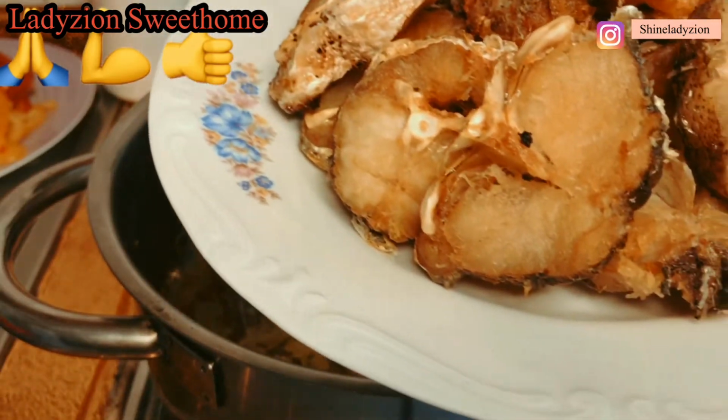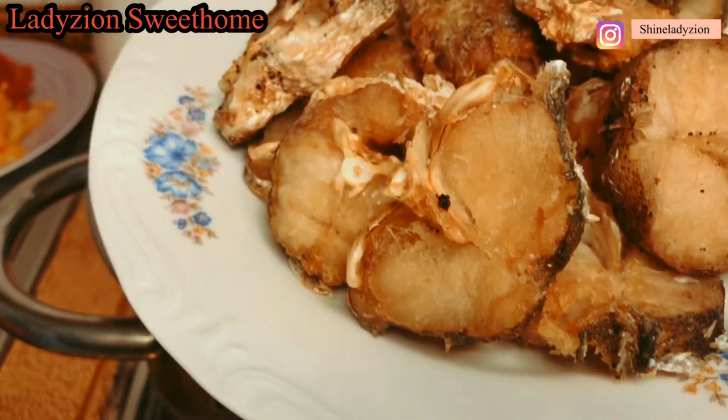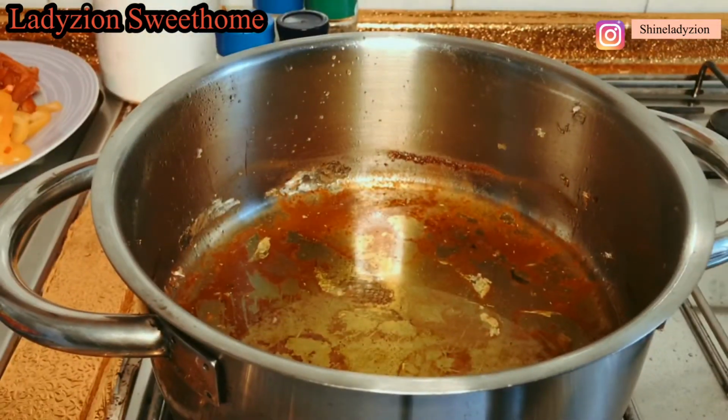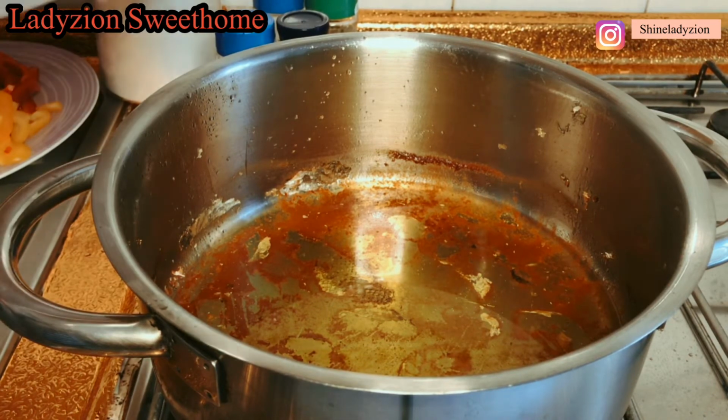If you don't know how to fry fish very well, sorry to say that, just know you cannot fry this one, because this fish is very hard to fry. And it also depends on the pot you are using. There are some pots that are good for this fish. You don't need to waste time for the oil to get hot. It's hot. The pot is hot already. I will just add my